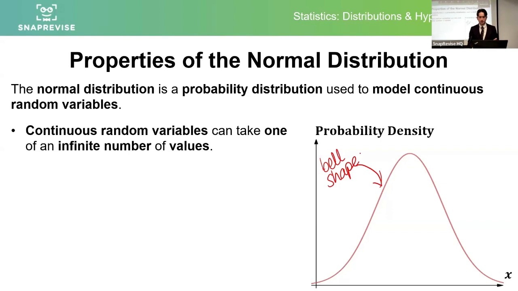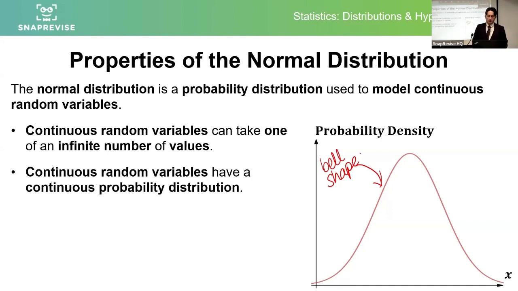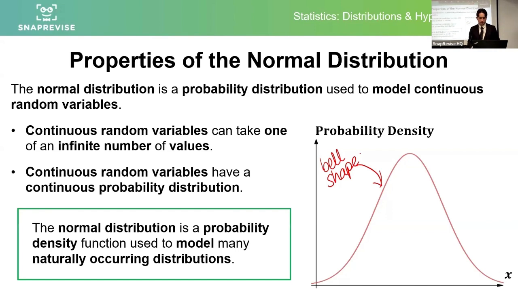And it's a continuous random variable that can actually take one of an infinite amount of values. So it's a kind of strange concept. It's a continuous one, which is very different to the discrete binomial we just saw. Now, the normal distribution is a probability density function that models naturally occurring situations, heights, weights for animals,